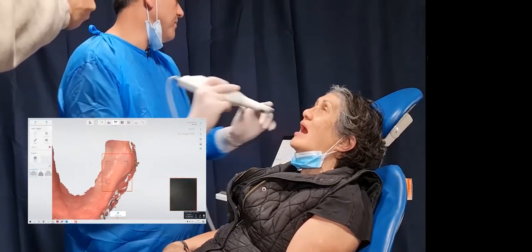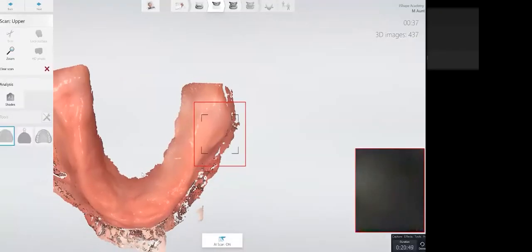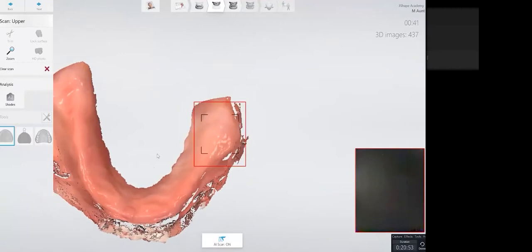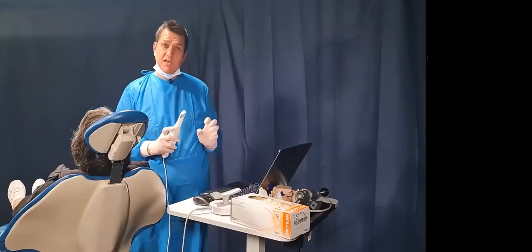Let's just stop there for a moment. So there's my first pass. I'm going to zoom out a bit and you can see on the screen. Here's my first pass there. All I've done is taken, like if it was a dentate person, I've done the same thing. I've just run around. Now what I'm going to do is start to fill in the